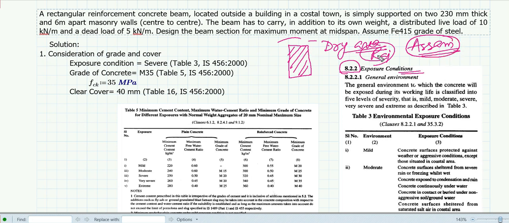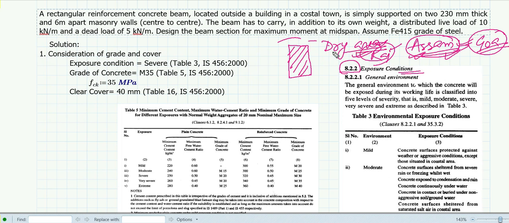Now the environments of Rajasthan and Assam are not the same. In Rajasthan you will have very high temperature and very dry weather, whereas in Assam we have a very humid weather, and the rainfall intensity is very high, whereas in Rajasthan the rainfall can be very low. Or suppose you are constructing in Goa, in a coastal region.